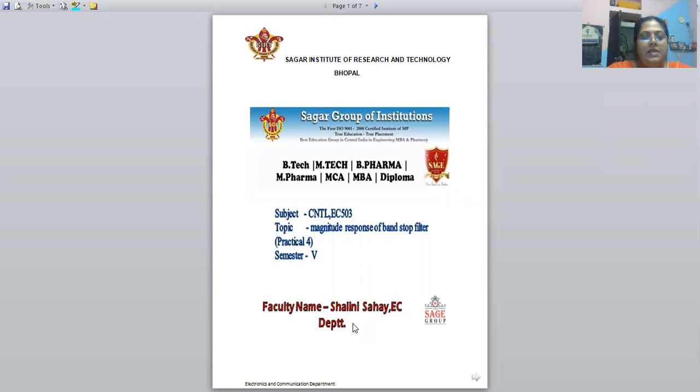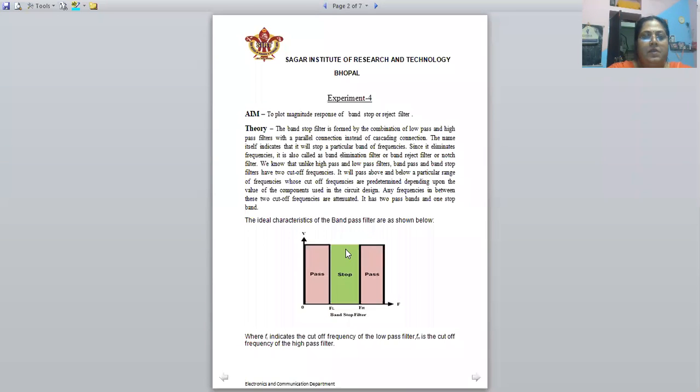Today in this lecture, I will discuss the practical for the magnitude response of the band stop filter. First, the aim is to plot the magnitude response of a band stop or reject filter. So a band stop or reject filter is a filter which will reject a particular band and it will allow